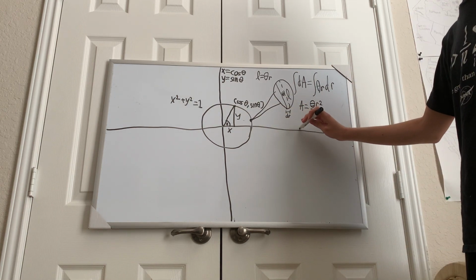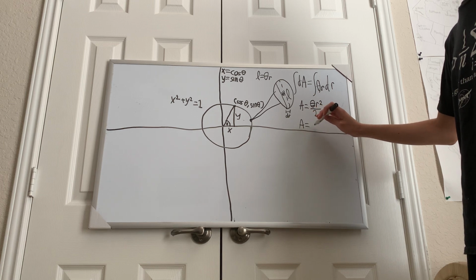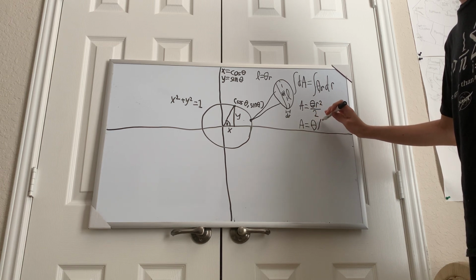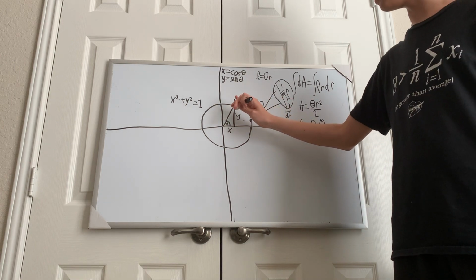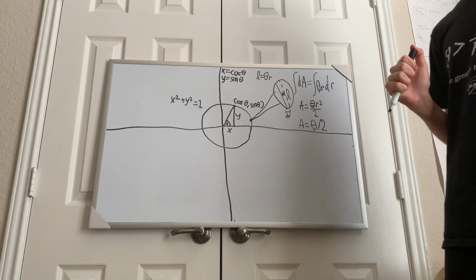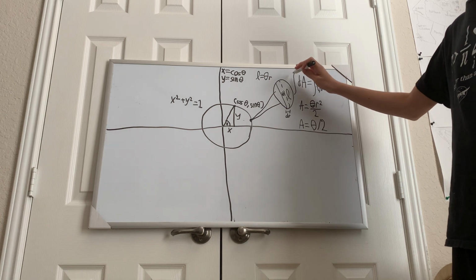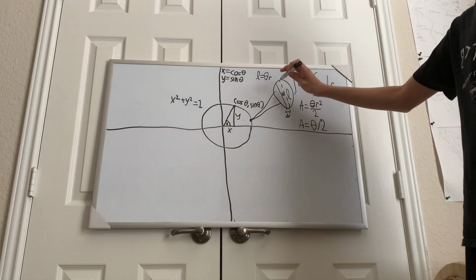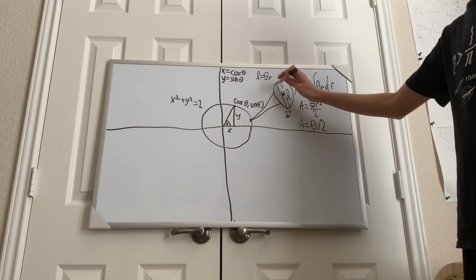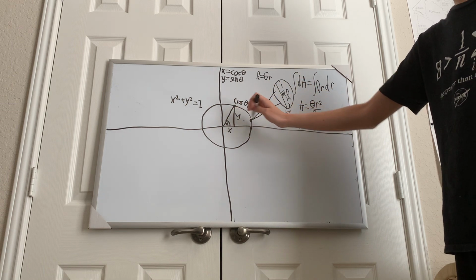So this area is just theta over 2. And that's going to describe this area in particular because of this equation right here. And since this is just nothing but the edge of this bounded area,